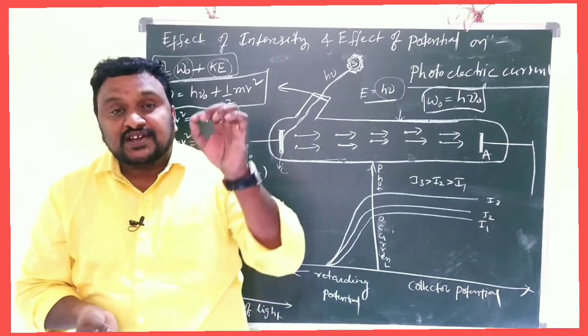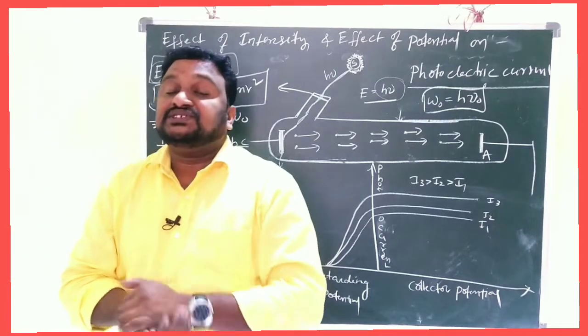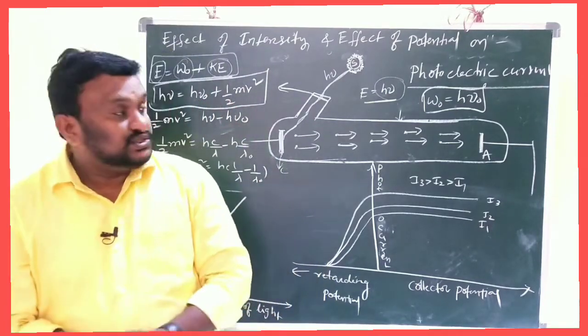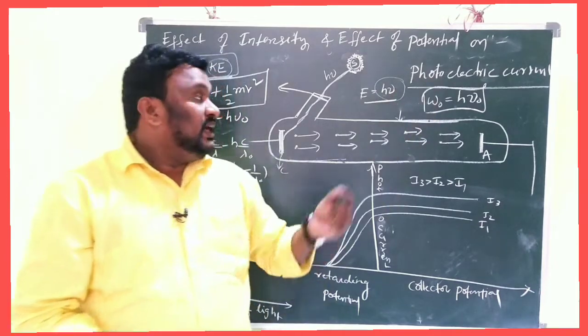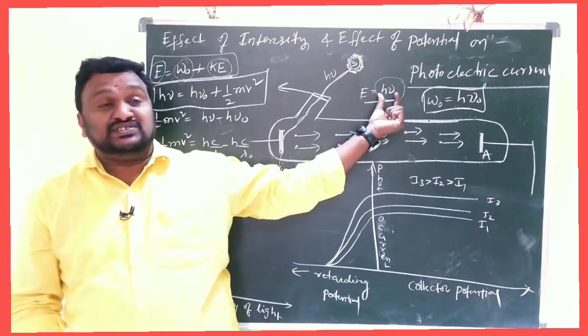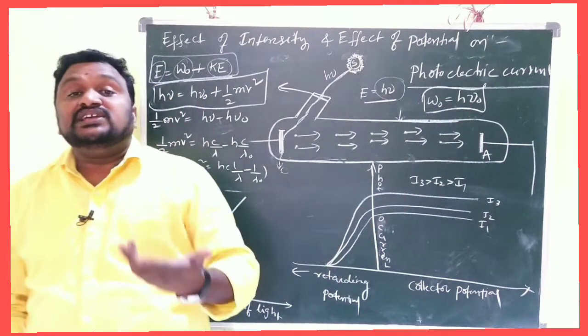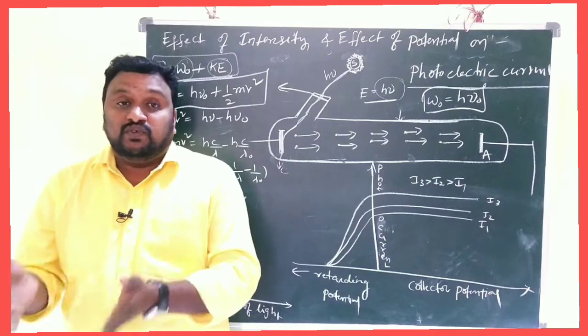The minimum frequency of radiation to liberate the electron from a metal surface is called threshold frequency. So this is the work function, and this is the amount of energy that should be incident on the metal surface, h nu, and this is h nu naught. And the kinetic energy of the electron we write as half m v square.